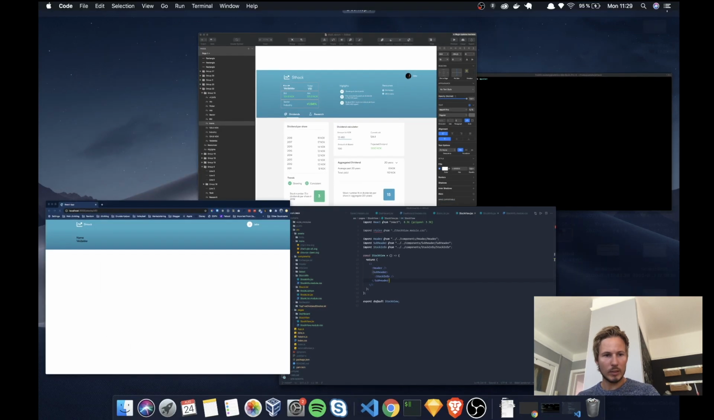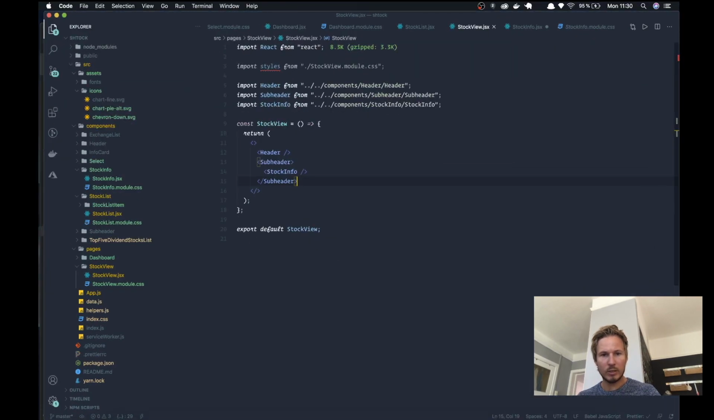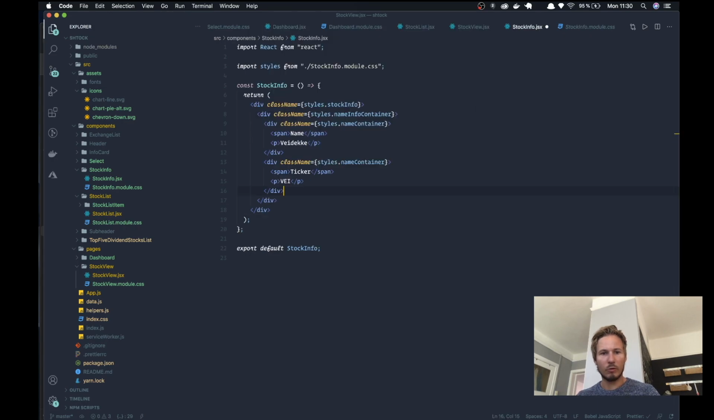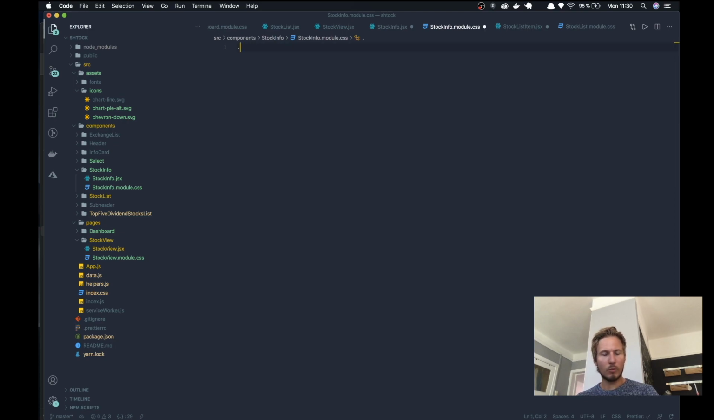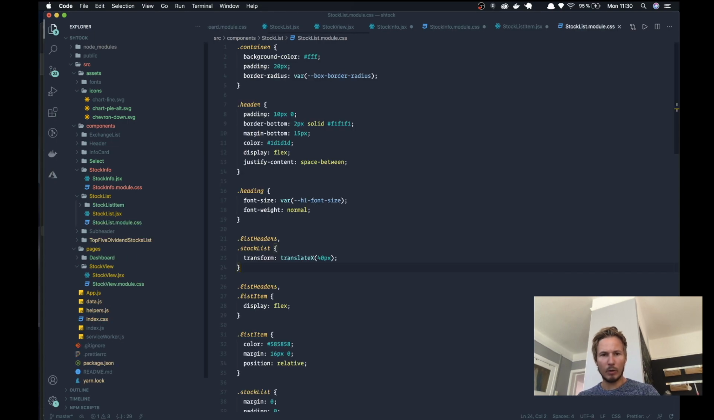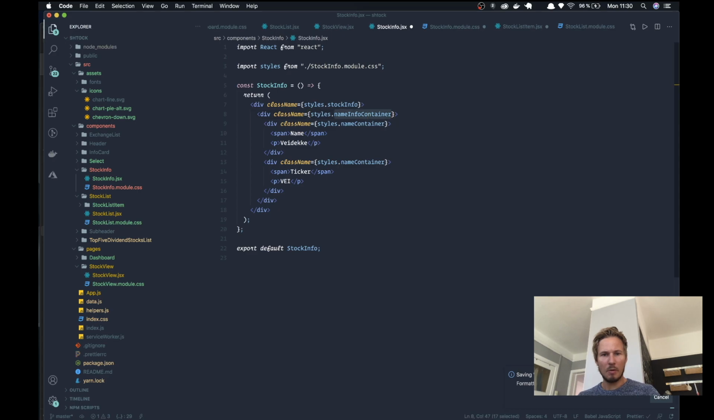All right, so let's take a look. Here we have the info that we put in, and we'll go back and just take a look at our stock info components. And so we want to give our stock info some styling. So go to stock info module CSS, and we'll say stock info display flex, and then flex direction column, and we will grab our name info container,